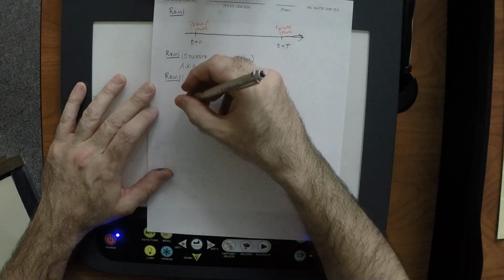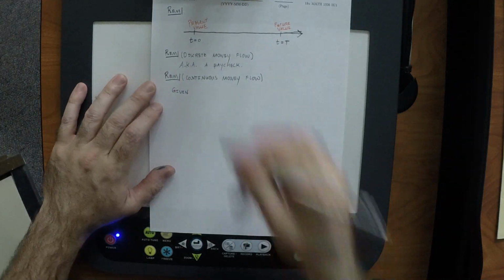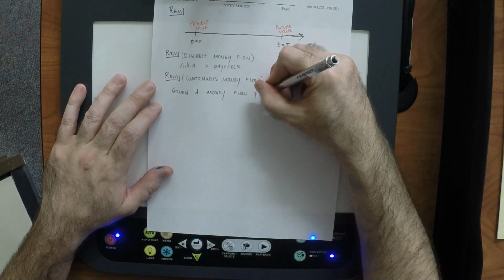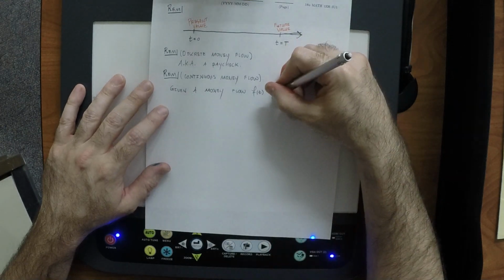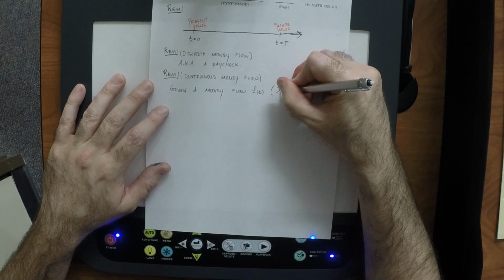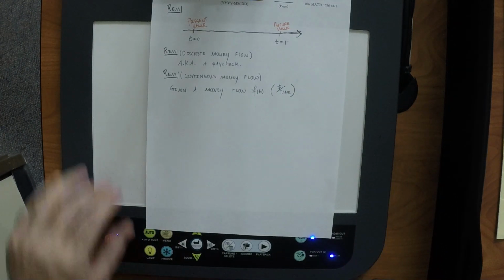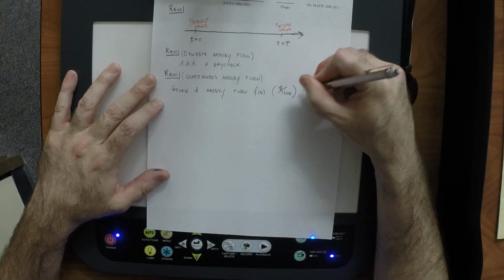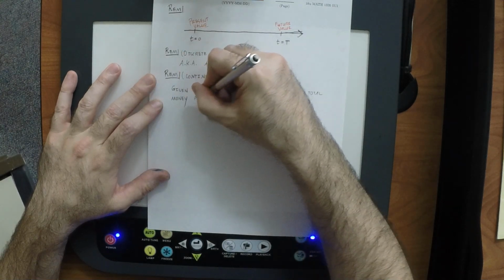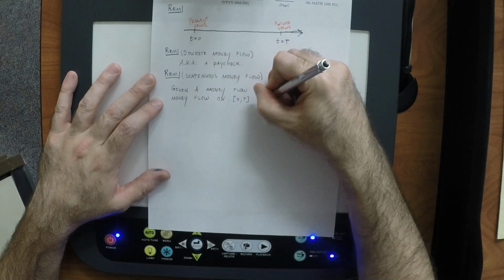Okay. So given a money flow, f of t, you can think of this as dollars per time. So how fast money is coming in. The total money flow on the interval 0 to big T is, well,